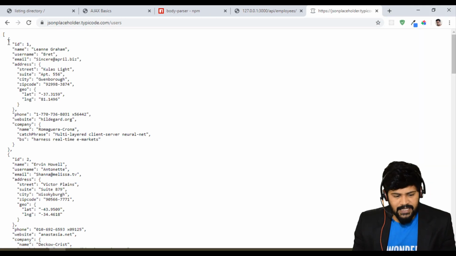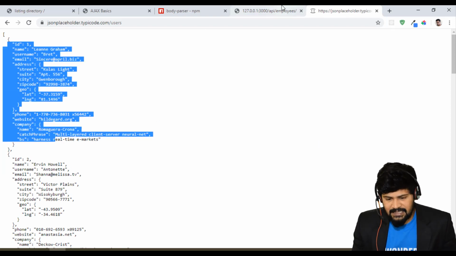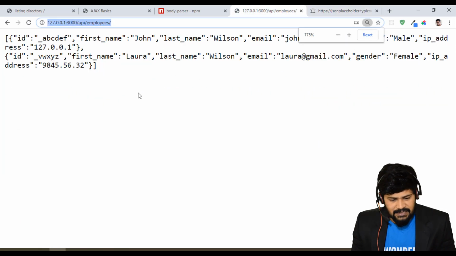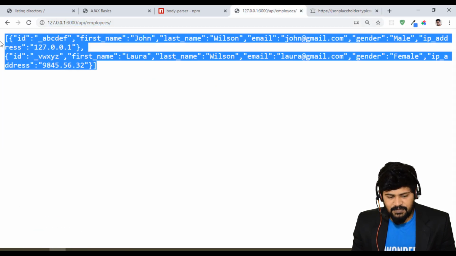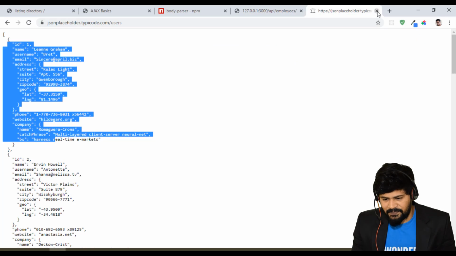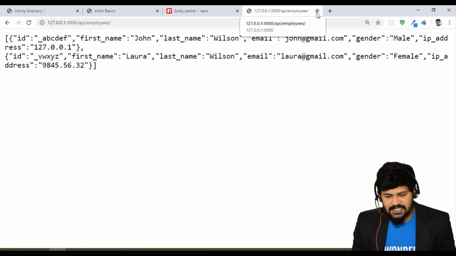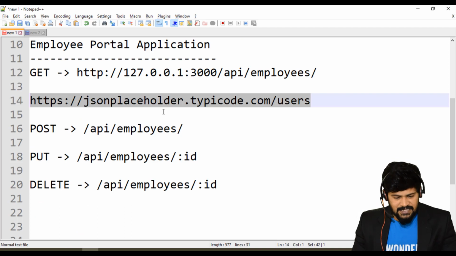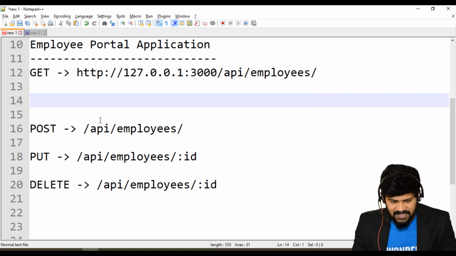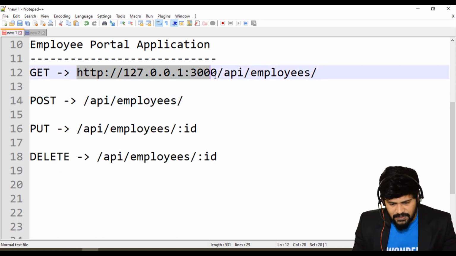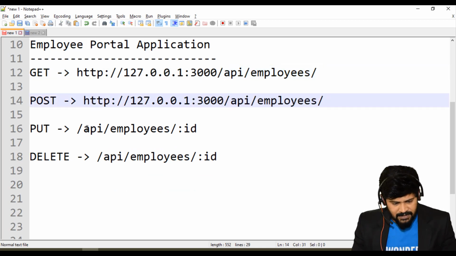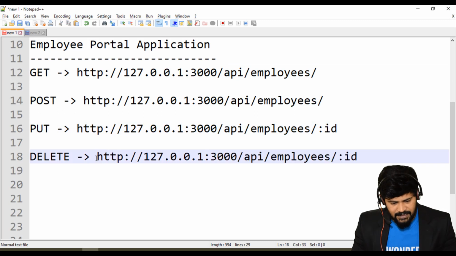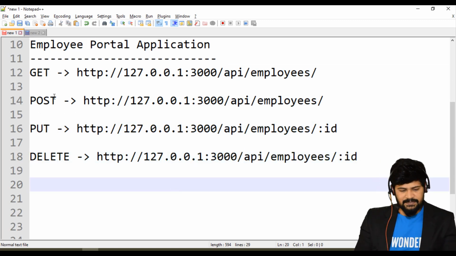See, you got the data like this from the server, but this is some third-party people's server, and this is my own server. This also gives you the data. So we're going to deal with this data to perform all the requests. So far we only did GET requests, so let's make all other types of requests. If you want to make a full-fledged URL, the host name is common for all. So let's make a POST request.